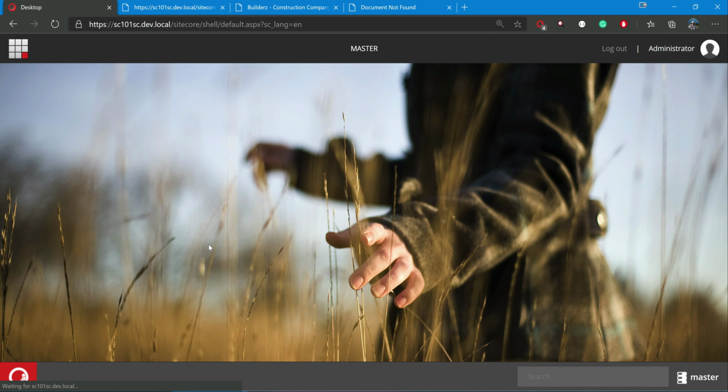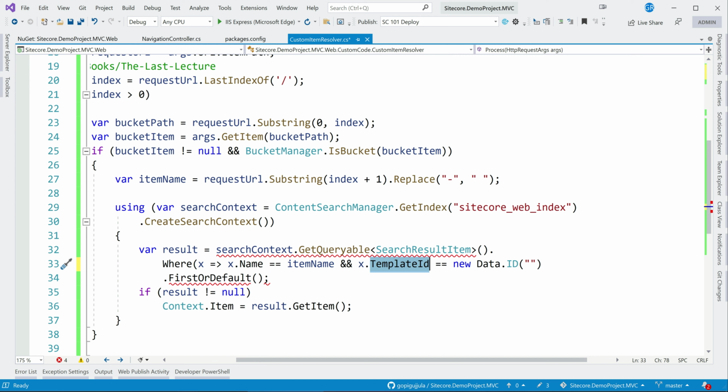Yeah, we can also pass other clauses, but just ignore for now. And FirstOrDefault.